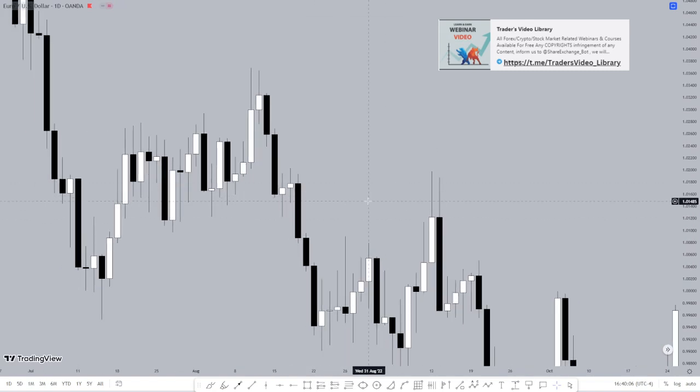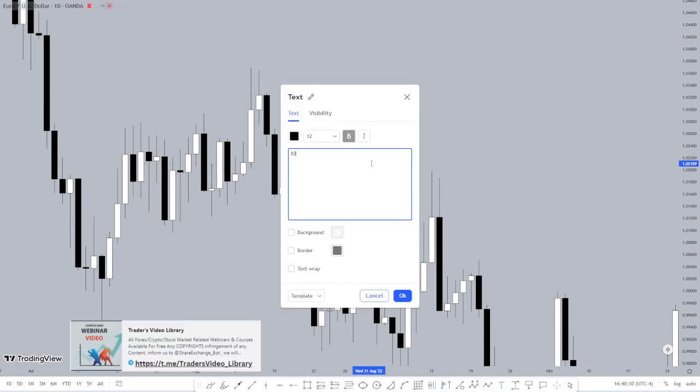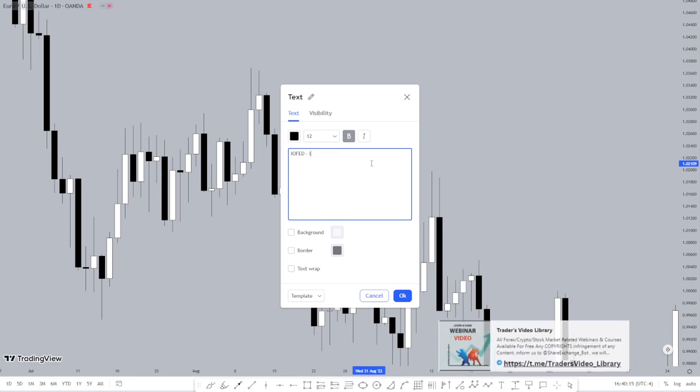Okay, so what is the institutional order flow entry drill? Let me show you terminology. You can type like this, and it's